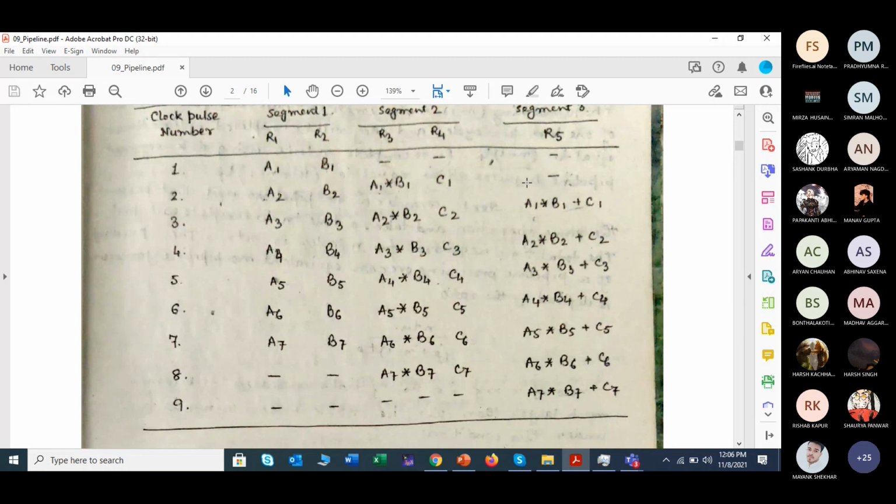Just like here you also can see that here we are multiplying in segment 2. And in segment 3, we are multiplying and adding. So that means both the addition and multiplication are not being done at the same time. Right? Because here the multiplication result you already have, and that result is being added with C1. Like this, it will be continued.